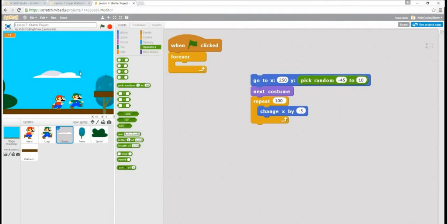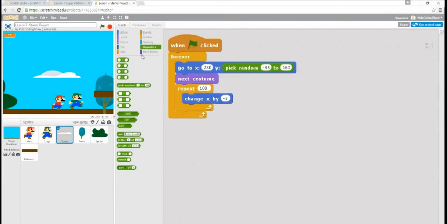Minus 45 is where, let's see if we scroll down, is actually where the cloud is almost at now. So there's the lowest point for the cloud. And then we go all the way to the top. We say roughly about 160 as well is a good space to keep the cloud in. That way we can always see the cloud and it's not hovering off the edge of the screen. So now we can add that code in, and when we play the game,